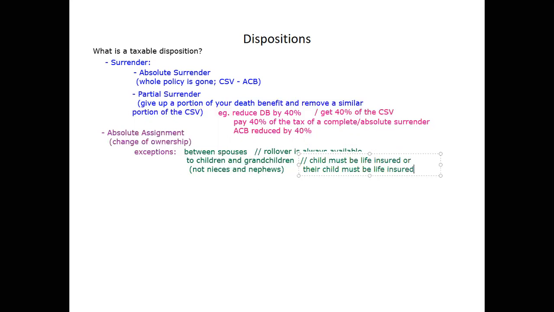So if grandparents take out an insurance policy on the life of a grandchild, that's good. Everybody's with me there? They can transfer that policy to the parents on a rollover basis. That's fine. Okay. And you can do this to the, let's say I want to transfer the policy not to my son, but to my daughter-in-law. I could do that as well. That's perfectly fine.